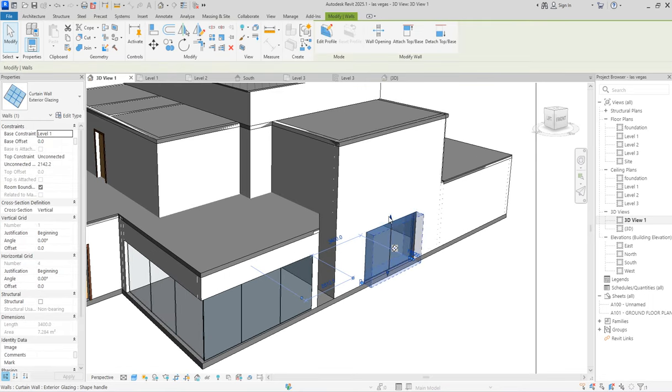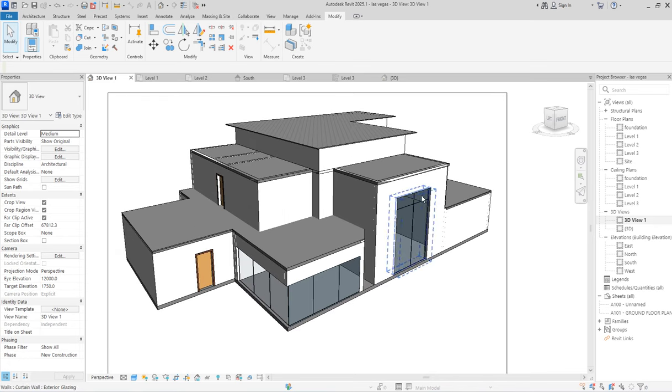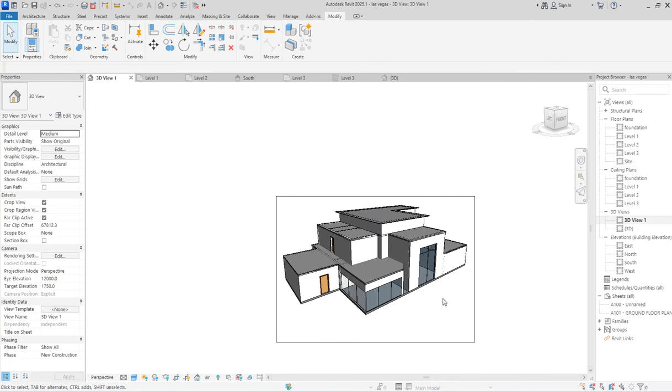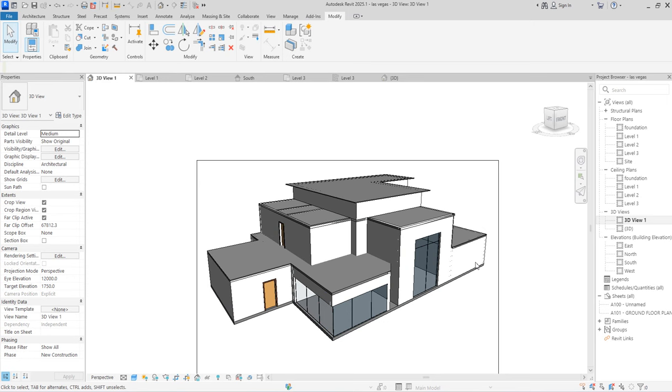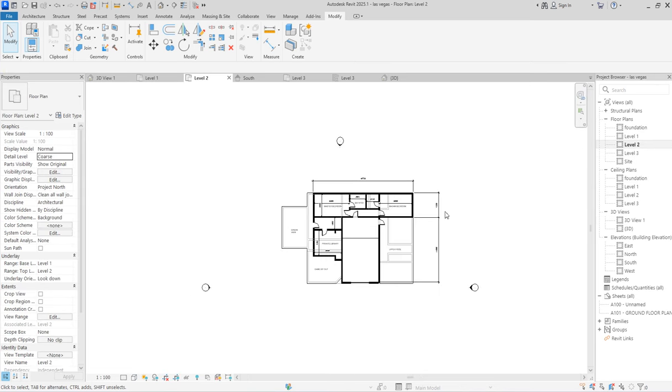So you can now adjust this one to the level at which you are going. So this concept is developed and these ones are here now. These are the things you follow up. Wherever there is glazing, wherever there is opening, you work on those places. We are going to do the same thing at this level and finalize the whole work for this training today. So click level 2.